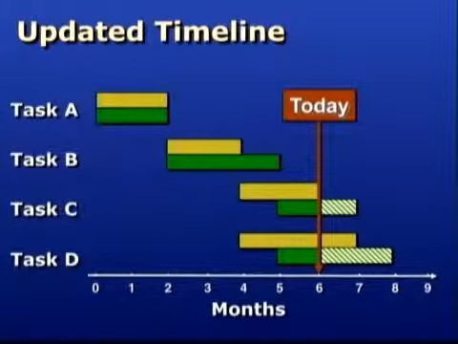So what does this chart tell us? Task A started and stopped as planned. Task B started on time, but ended 1 month late. Tasks C and D were dependent on B, so Task C started a month late and is anticipated to end 1 month later than originally planned. And Task D also started a month late and is anticipated to end 1 month later than originally planned. I sure hope they budgeted contingency time for this project. Any data on the chart past the current date are revised estimates.